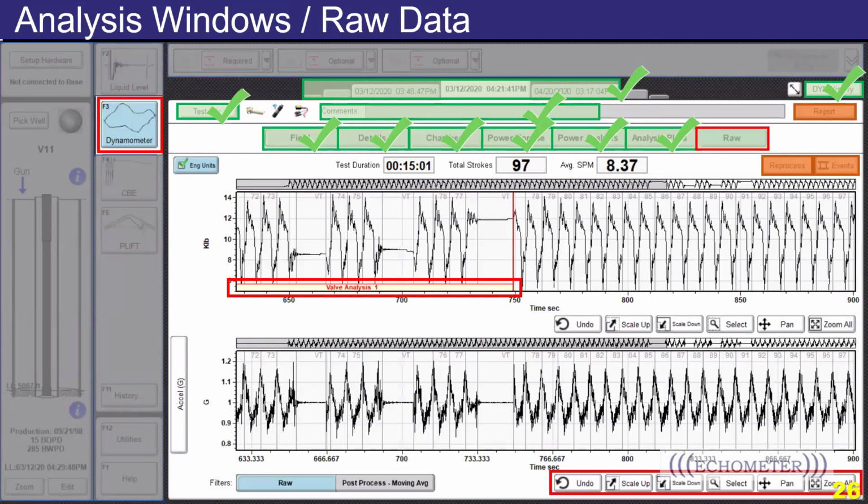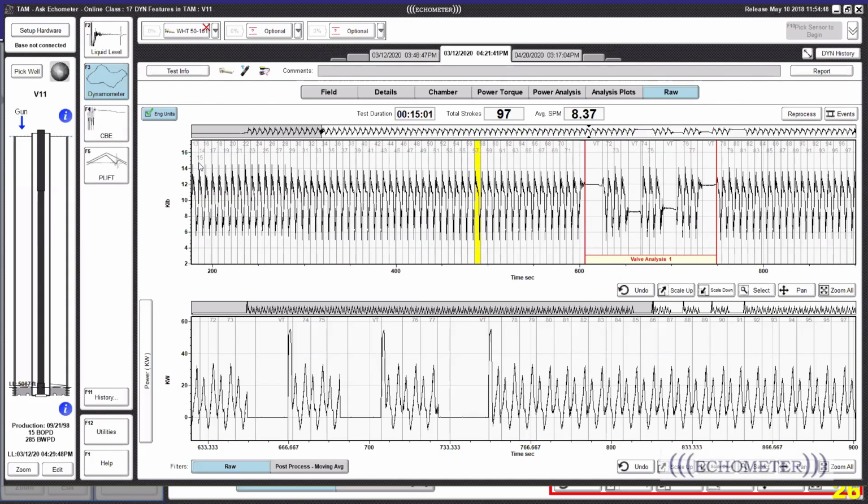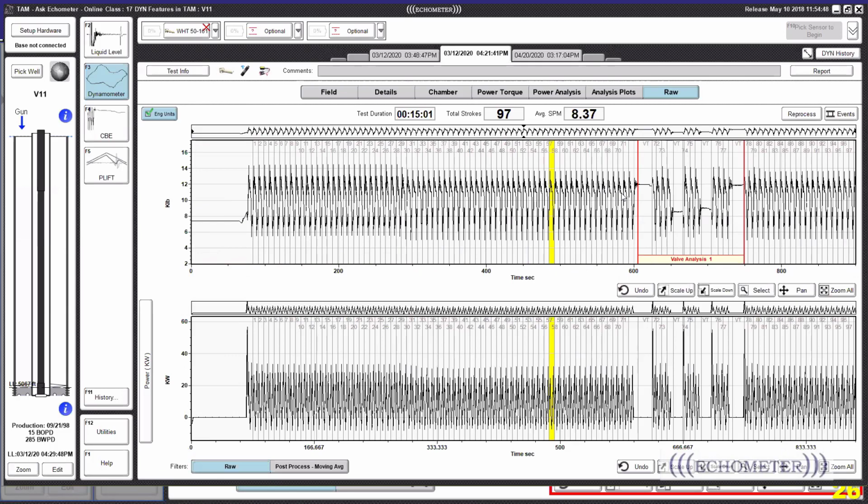You don't need to stop the dynamometer session and start a new valve test as you were, if you are an old user, as you were doing it with the TWN software. So in TAM software, as you can see here, I'm going to show this again. We're recording dynamometer data, not stopping there, and then stopping the unit for the valve test, traveling valve, 2 standing valves, and 1 more traveling valve test, and then continue recording data. All that is in the same data set, so you don't need to actually stop and record a separate valve